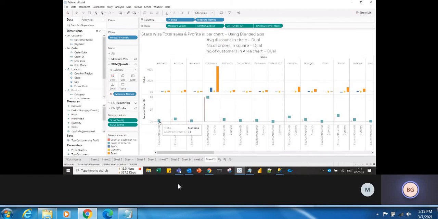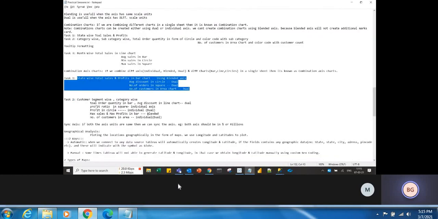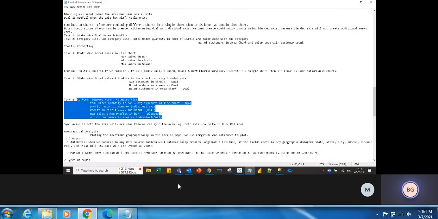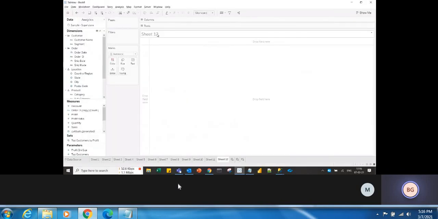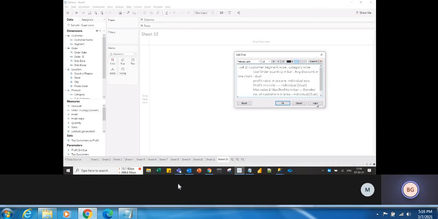Okay, so this is not a line chart. This is an area chart, but it is showing like a line because of your values. But actually that is an area chart, you can see that, right? So customer count is showing in an area chart, but to view it looks like a line chart because of your values. Okay, so this is a combination axis chart. So we are combining all the things. Okay, so this is the other task we have, so just observe it.